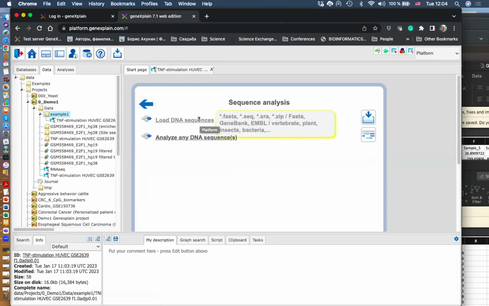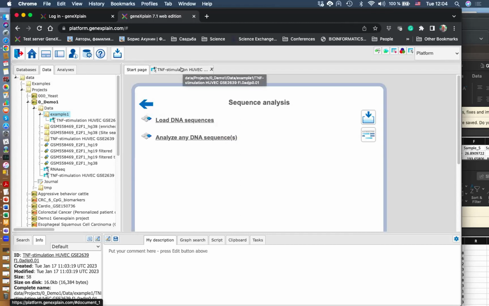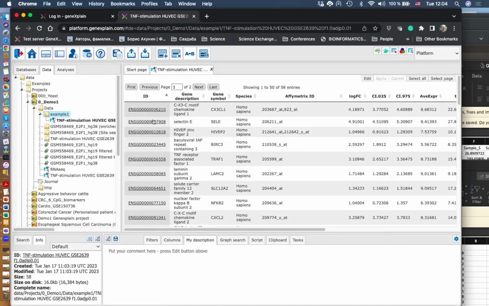So different formats of sequence collections or individual sequences can be loaded, and while loading, you have to specify which genome it is, because in the case of a table, of course, Ensembl uniquely identifies that this is a human genome. But in the case of a FASTA sequence, you don't know which genome it is,